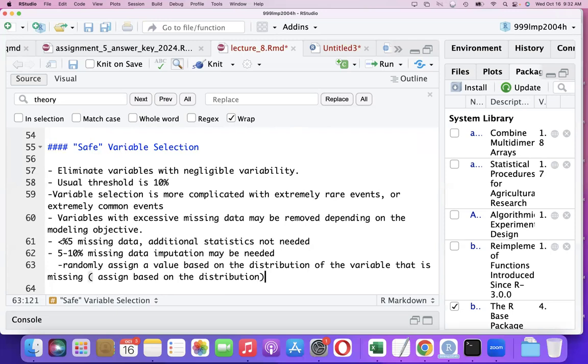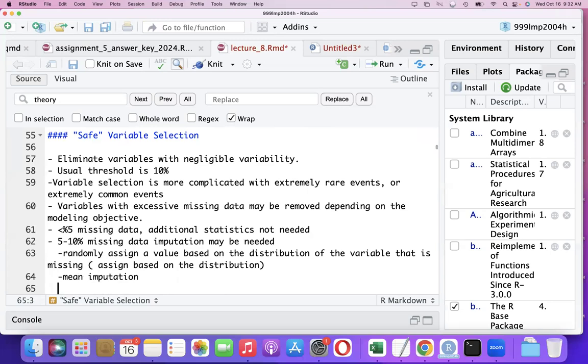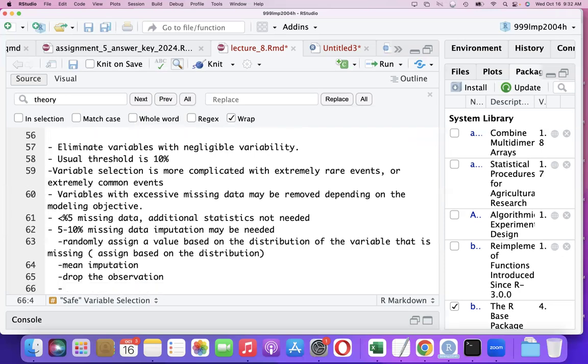So I'm kind of telling you the answer. What's another way to impute? Mean imputation, right? So you can look at the mean of the present variables and impute the mean. The other way, we could drop the variable completely. So we could just drop the observation. And we could use